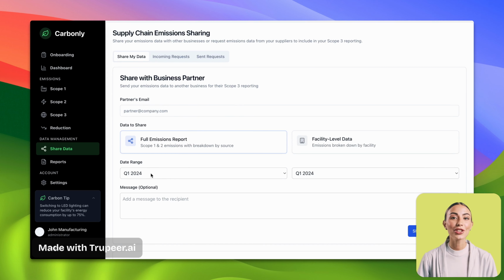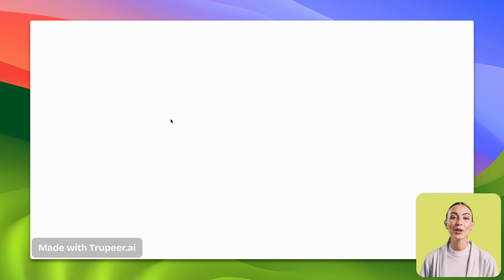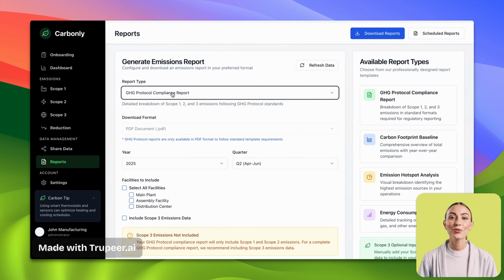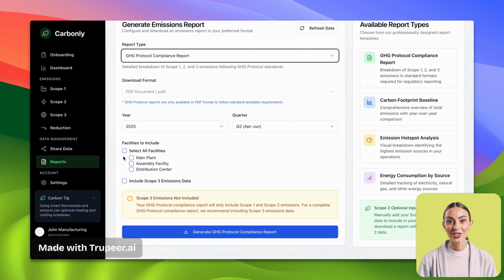Select a date range, click Share Emissions, and your data reaches your business partner. Download reports in the Reports section by choosing the type. For instance, select the GHG Protocol Compliance Report, choose the format and time frame, specify facilities, and generate your report